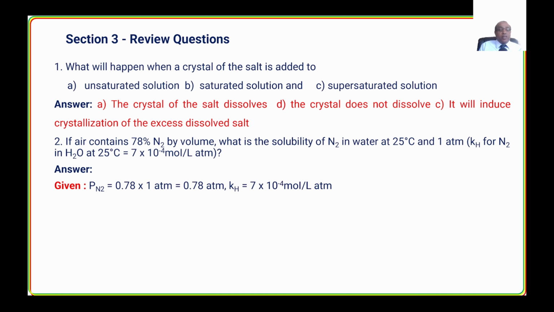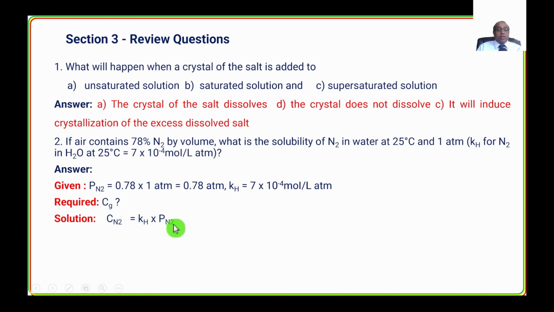So the trick here is the percentage is given. Percentage means parts per 100 in general. So if you have 78% of this total pressure, the total pressure is given, the percentage is given. So what you will do is multiply this 1 atmosphere by 0.78 to find the partial pressure of nitrogen. This is 0.78 atmosphere, and then the Henry's constant is already given, so we just use the formula,